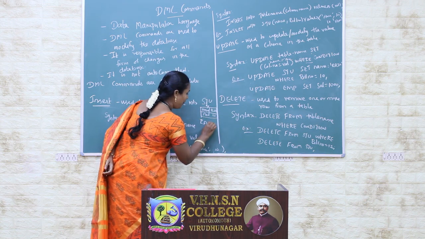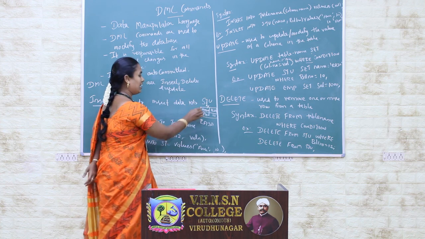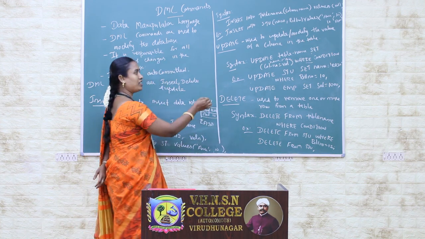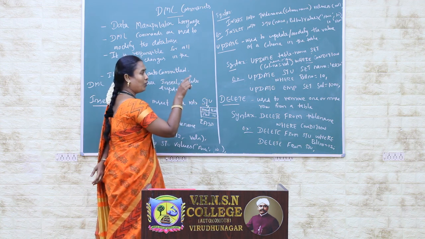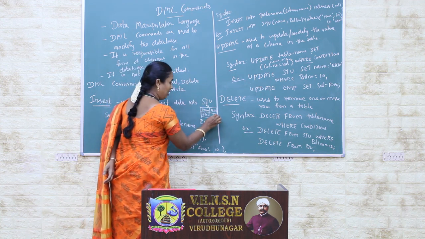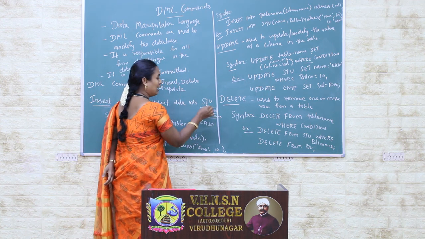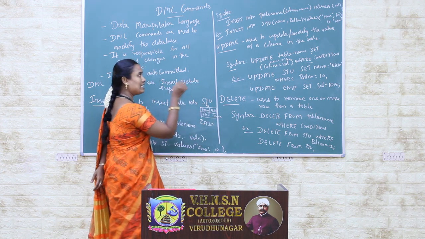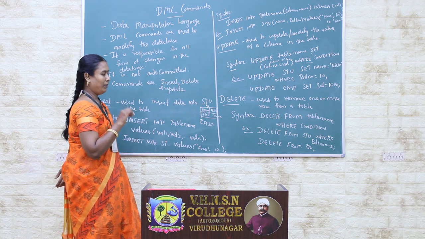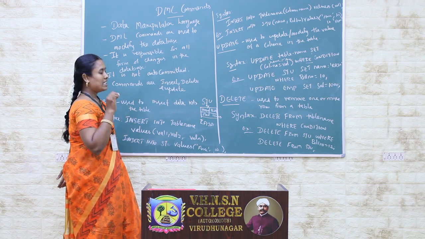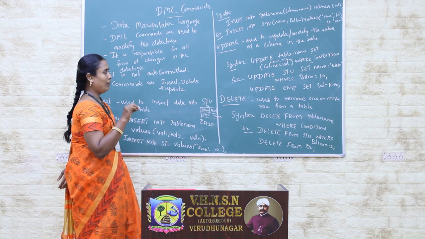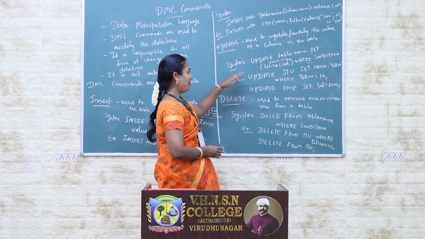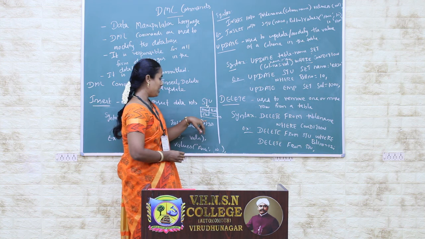Previously, in this table, the name corresponding to the roll number was Anu. After I execute this update query, where roll number 10 appears, in the record containing roll number 10 the name is changed from Anu to Raja. So that is the main usage of the update query. Whenever you want to change any existing data in the table, you can use the update command.